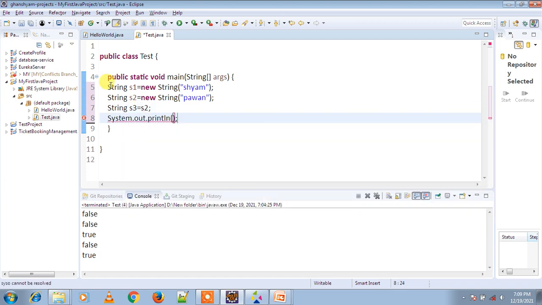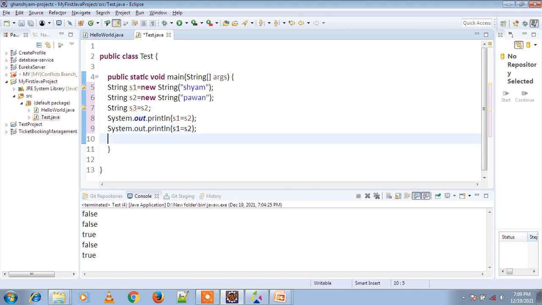So s1 equal to s2, copy this, and copy. s2 equal to s3 and s1 equal to s3. Now let's run the program.